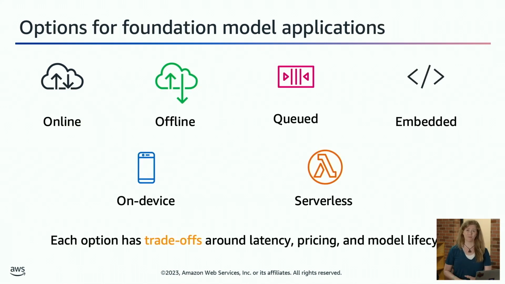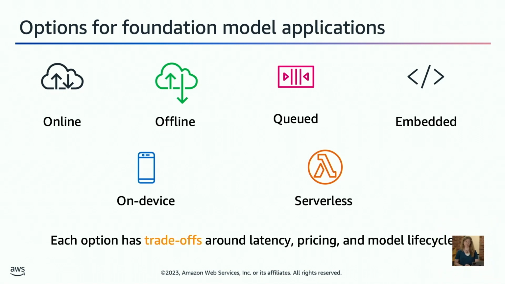There are many different options for building foundation model applications, as we'll come to find out. Some foundation models are just strictly online, like you host a model on an endpoint with real-time inferencing, and people are just interacting with it. They click a button, for example, by typing in their prompt that invokes an API that hits the model, sends a response back right away. We call that online, right? The model is just interacting with the people in real time. A different type of application is offline, for example, such as running in batch.